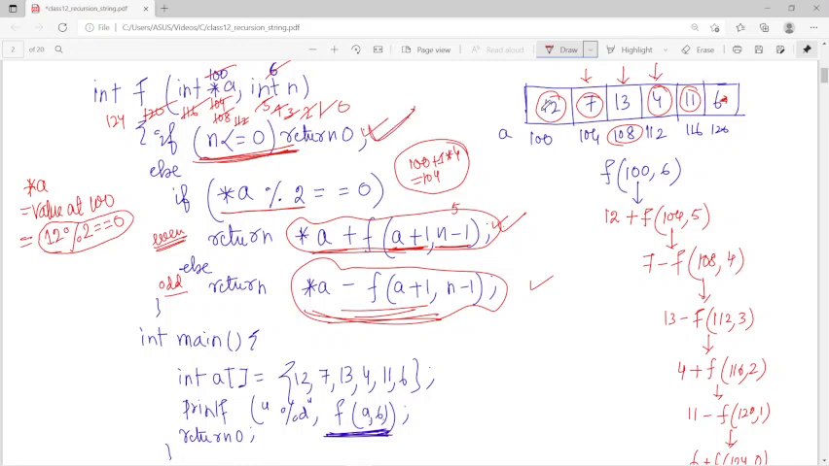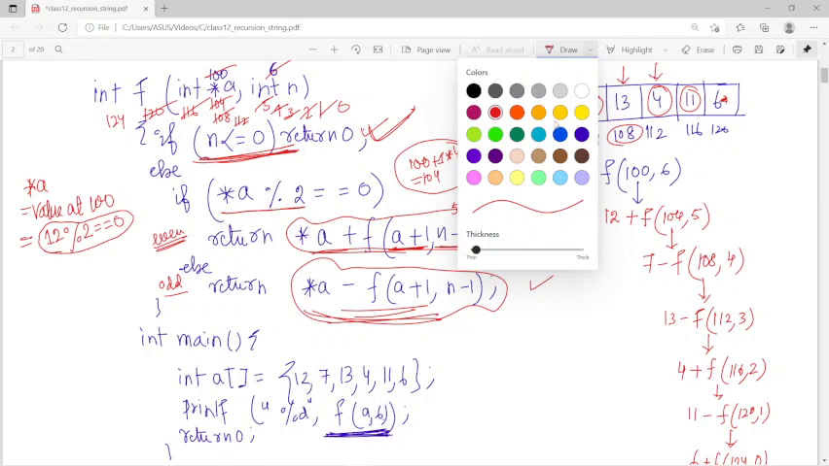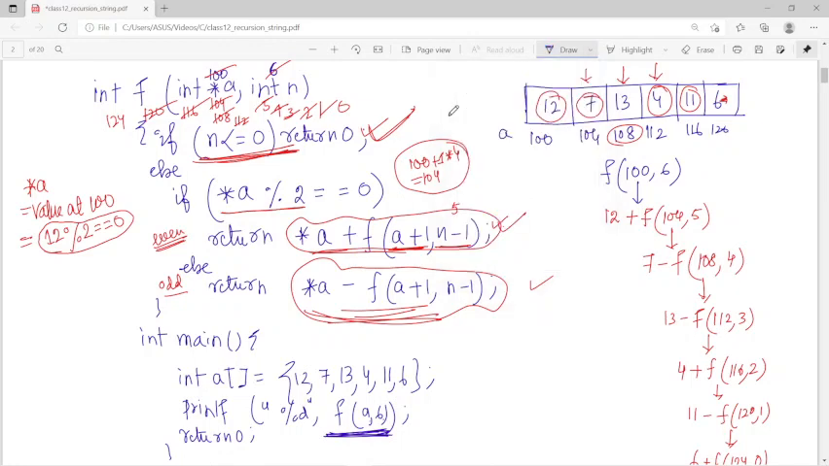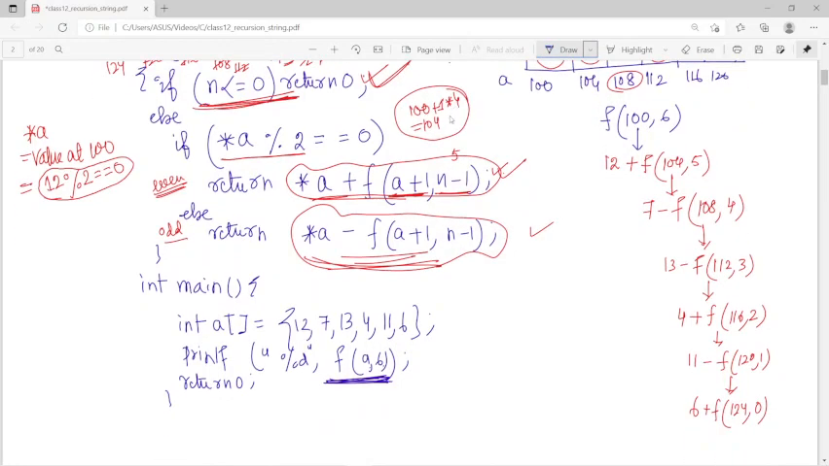So if it returns 0, what will happen? You just see, it will return 0, right? So this particular function will return 0. So 6 plus 0, this is 6. This 6 will be substituted there, that means 11 minus 6 will be computed, that will be 5, that will be there, that means 4, you know 4 plus 5, that will be 9, then 9 will be there,